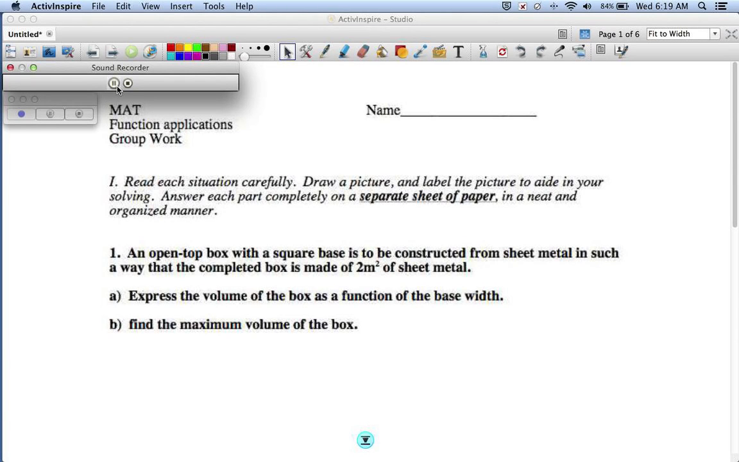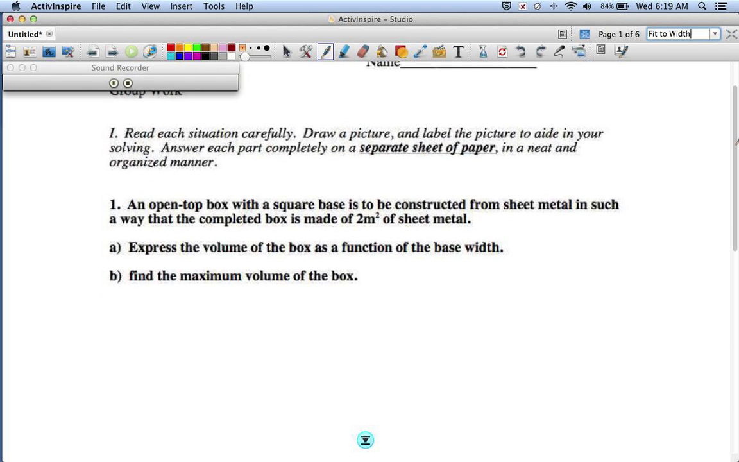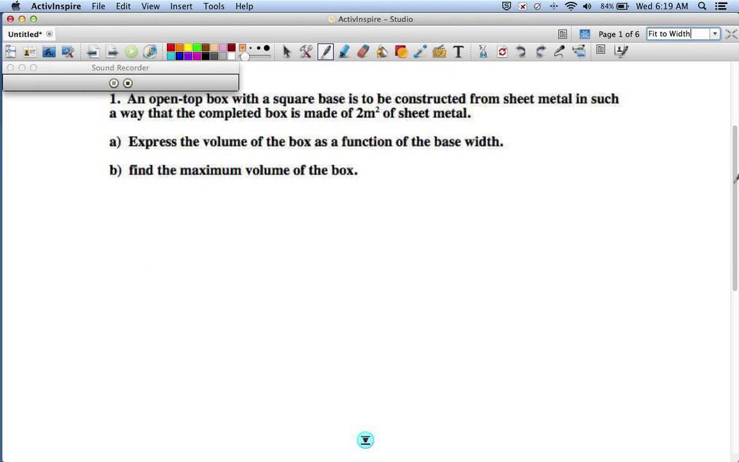This comes from the function applications worksheet that you received the other day in class. So the key with all these is to create the diagram. In this initial case, we have an open top box. So we're going to draw a